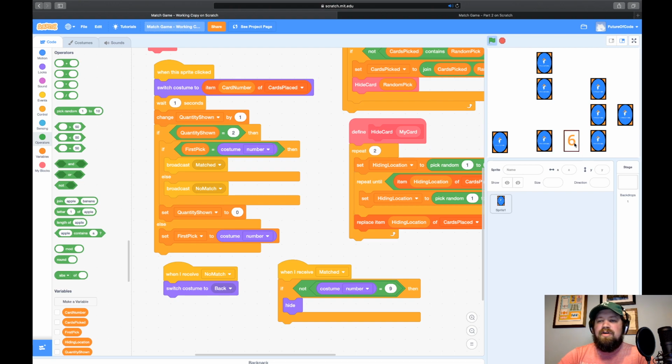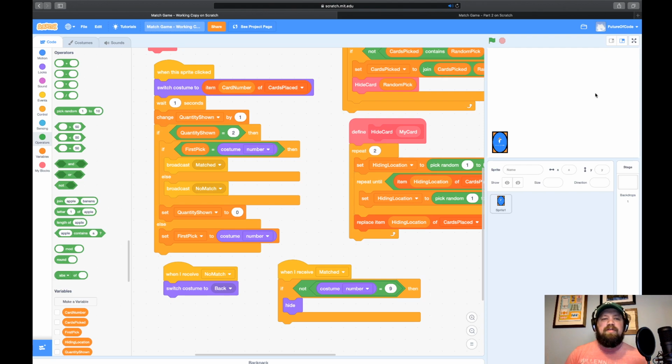Okay, let's keep going. Oopsie, you can kind of cheat a little bit there, can't you? If you click really quick, you can see all the cards, but we won't solve that today. And there we go. We got all of them. So we know this game works. I'm going to stop this here tonight. It works well. Let's go back to what we were talking about earlier.